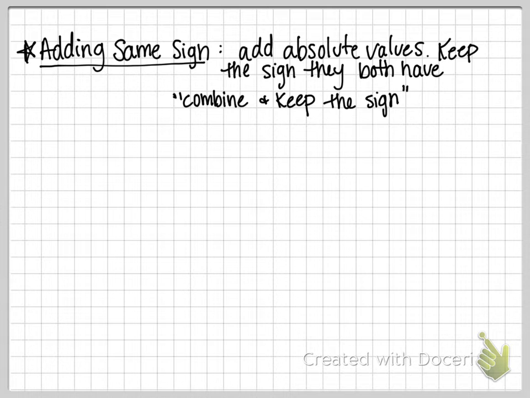Okay, so add the absolute values. Keep the sign that both numbers have. If they're both positive, your answer will be positive. If they're both negative, your answer will be negative. Okay, the short version of this is to combine and keep the sign. So add absolute values, keep the sign. For example,